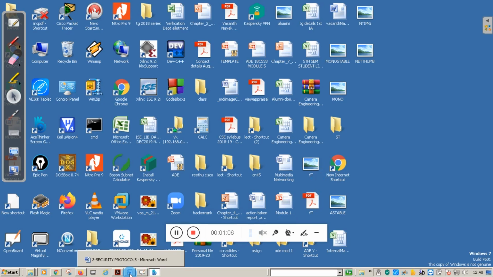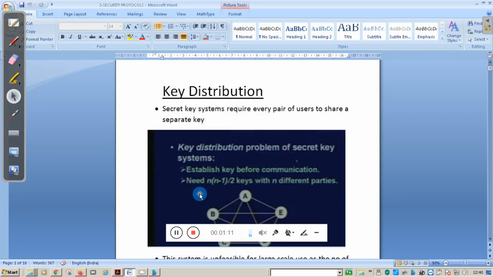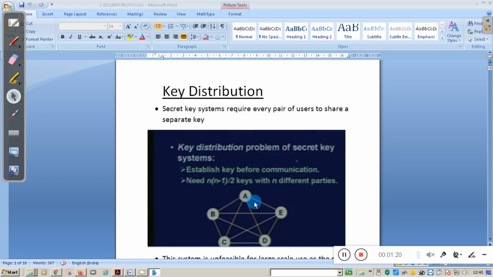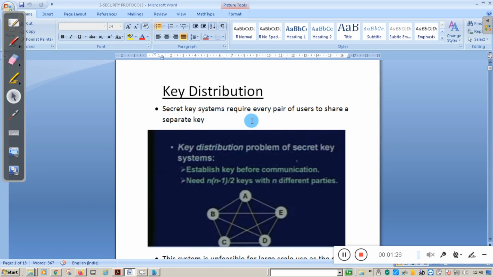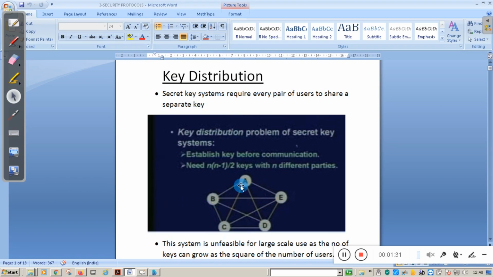Now in this class today we will see the related algorithm of symmetric key encryption. One major problem of symmetric key encryption is key distribution. For example, consider if there are 5 users, then a symmetric key system requires every pair of users to share a separate key. The total number of keys required is given by the formula n into n minus 1 divided by 2. If n is 5, then 5 into 4 by 2, that is 10 keys are required, and here you see